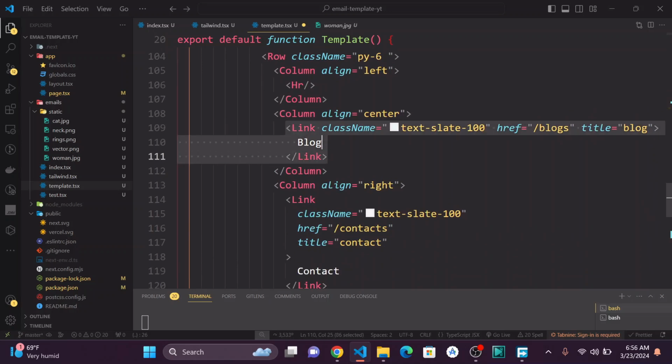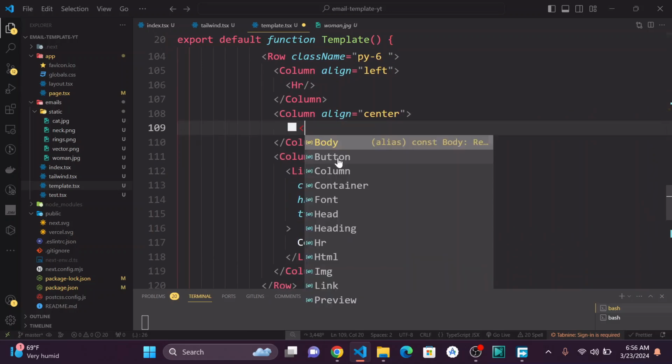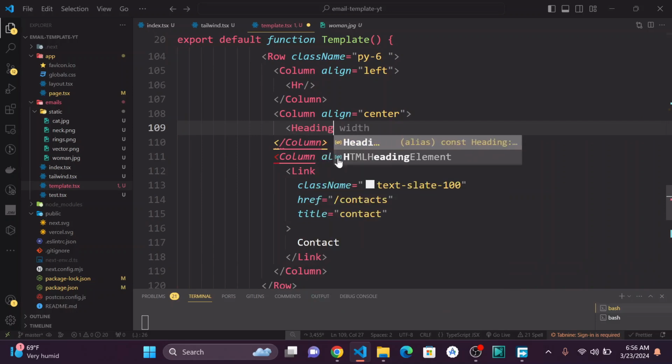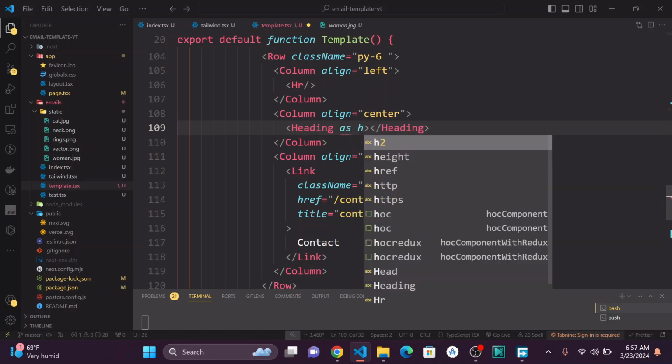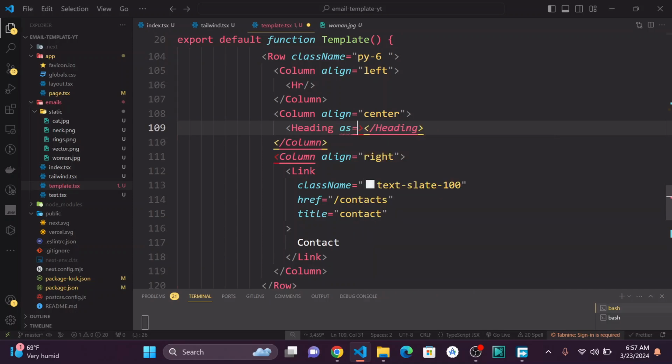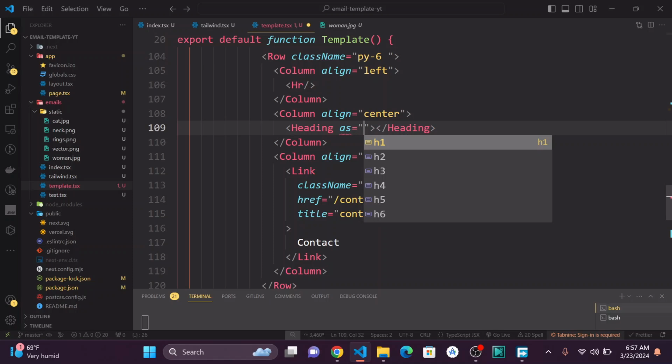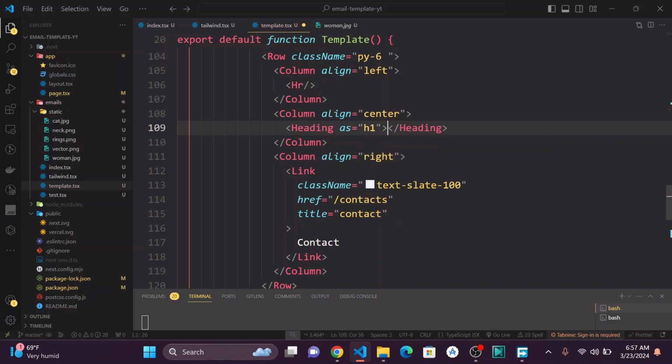So just put heading, and this could be as maybe h1. I just say as h1, and then we're just going to have this one, just stick to h2, and this is going to be category,